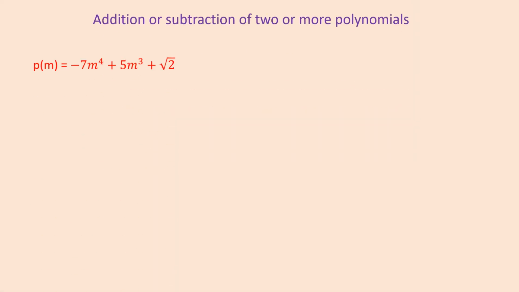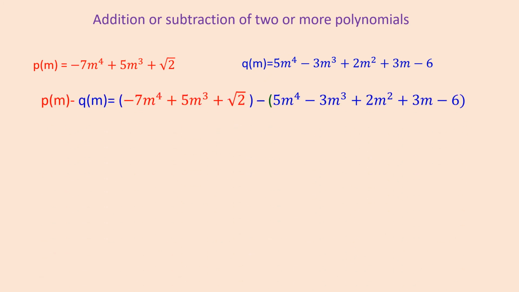Let's see what we do in the subtraction. So in the subtraction, again the two polynomials are given. Now you will see that a minus sign is there between the two brackets. The first bracket has the first polynomial P of m and the second bracket has Q of m, but in between both we have a minus sign. Again, if a minus sign is there, it means it is minus 1. You are going to multiply all the terms of the second bracket by minus 1 and that will change the signs.